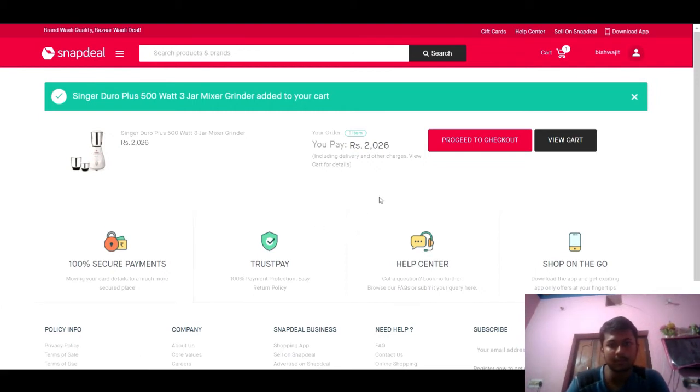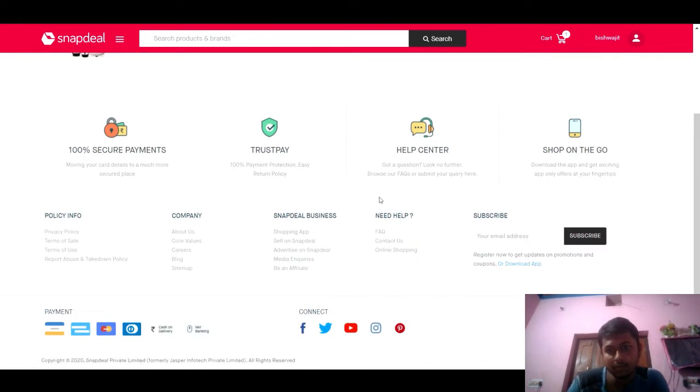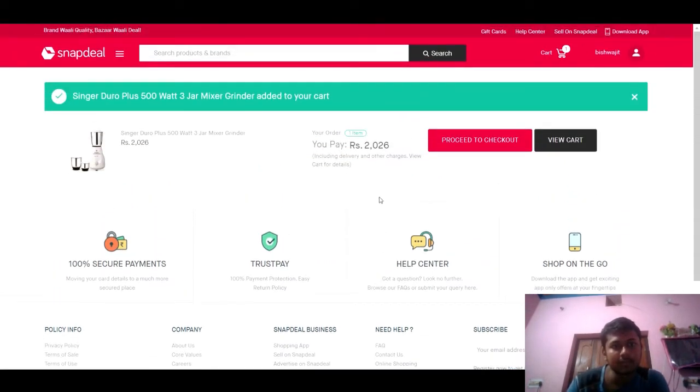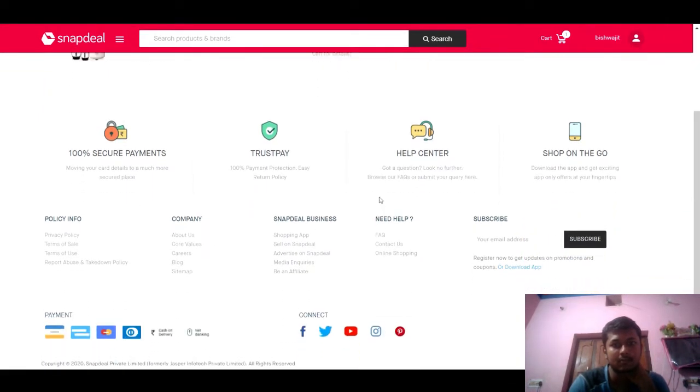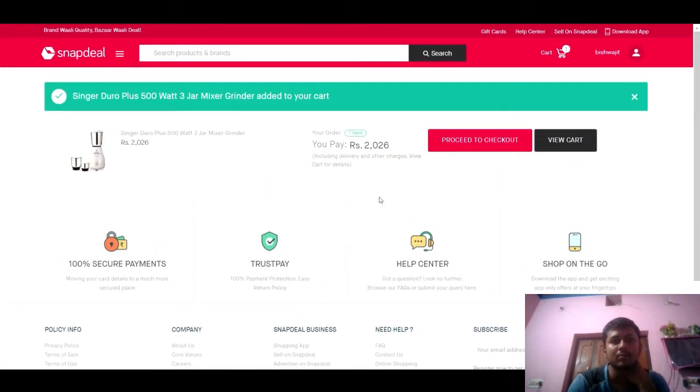Then you have to try selecting or adding more items to your cart. Then try various options that are available to you. Try removing, try adding anything that you normally would have done in a normal online shopping purchase.